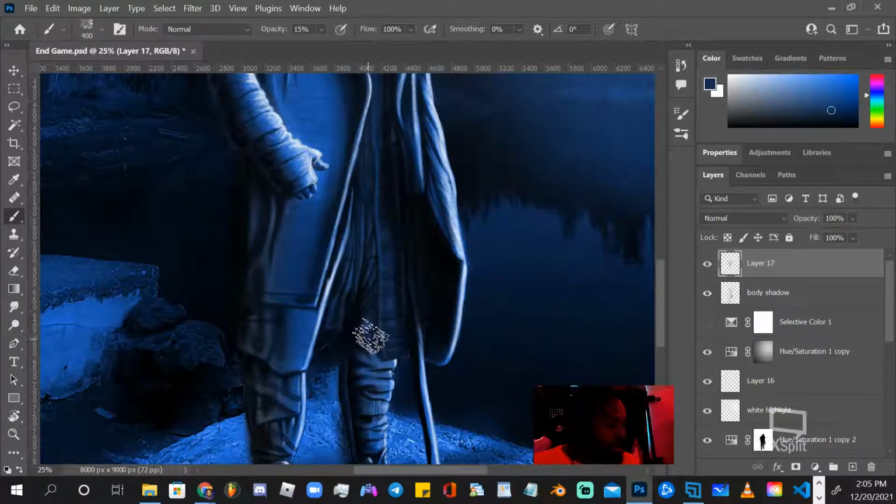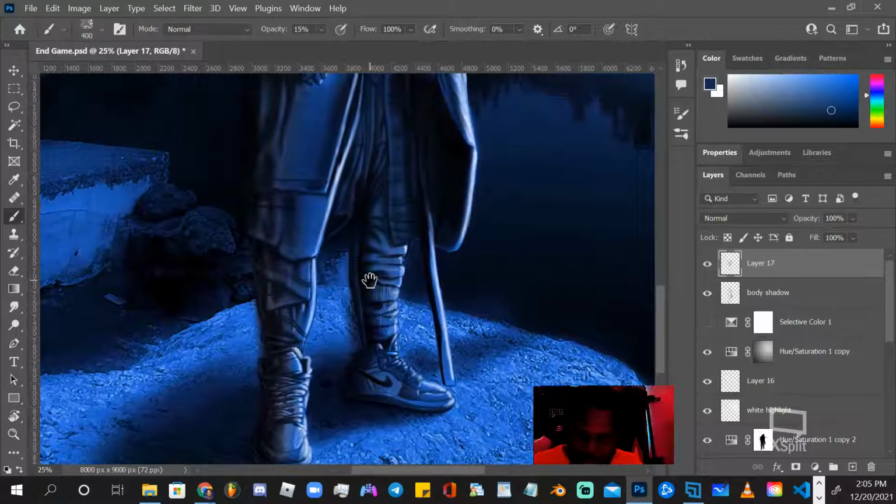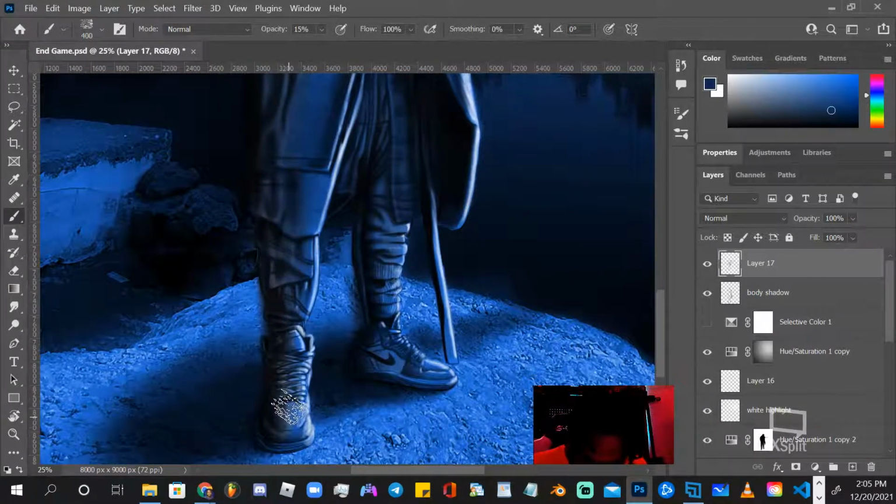That's all we doing. Put a little texture on here too, which I already kind of had a little texture going on in this area. We just had to give it a little more, even on this here too. A little texture here. A little texture ain't never hurt nobody. You know what I'm saying?